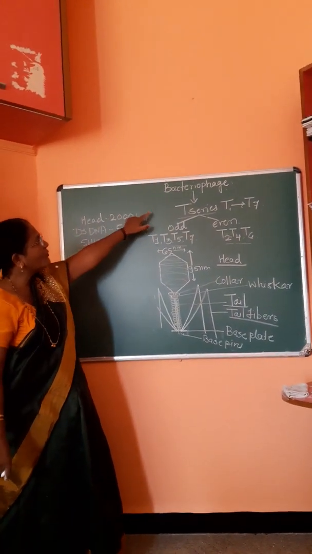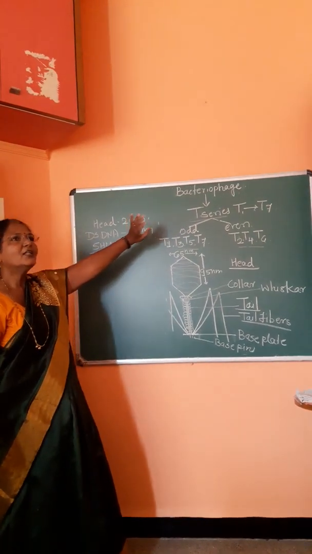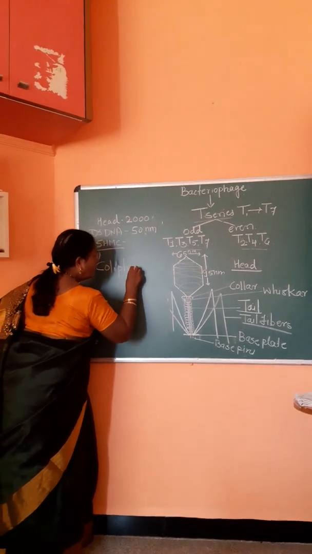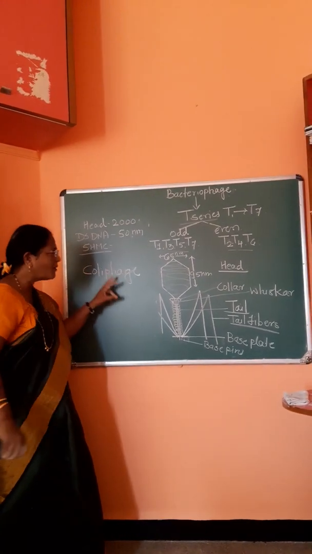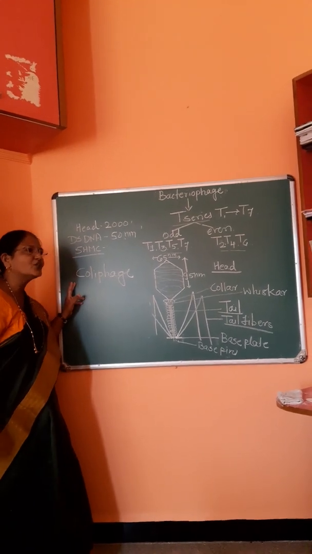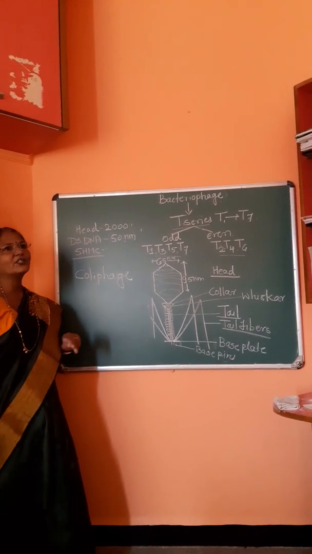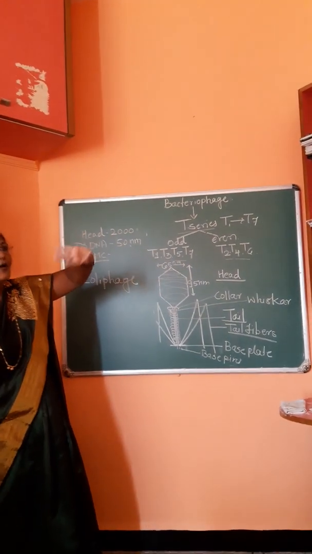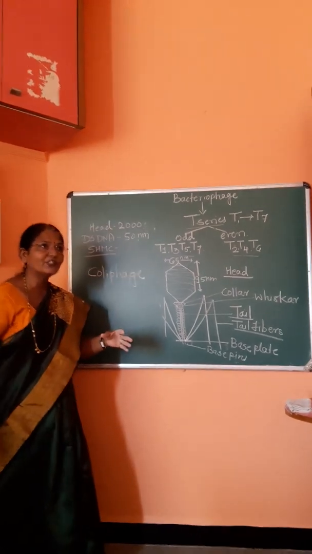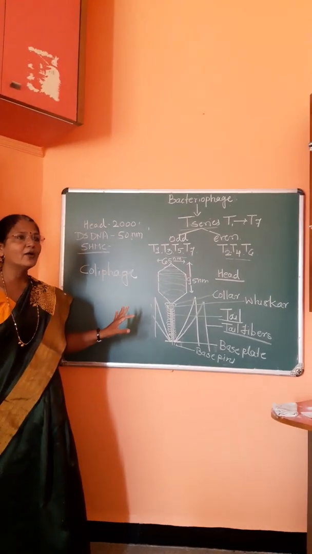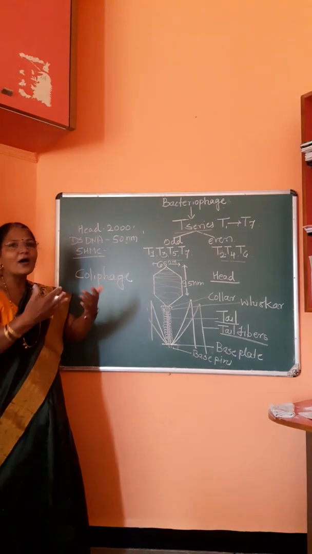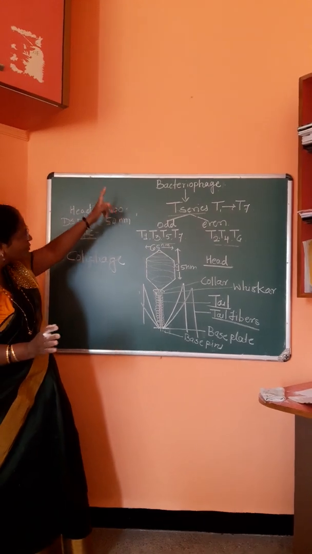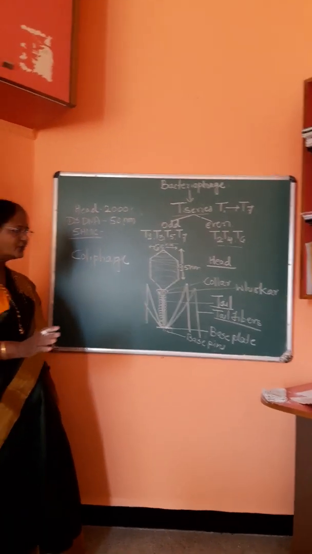The T series of bacteriophages are also called polyphages. Now what do you mean by polyphage? It means phages which are specific for Escherichia coli, and that's why it is called a polyphage. What is the literal meaning of bacteriophage? Eaters of bacteria, because when they infect the host cell, it will not survive. Only the multiplication of viruses occurs, and that's why it is called an eater of bacteria. So this is the structure of T4 bacteriophage.